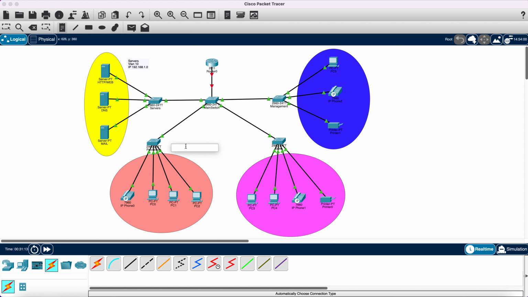We'll make for this one VLAN 20. So production VLAN 20 and IP it will be 192.168.2.0, and this one, I'll call this one sales VLAN 30, and IP address, it will be 192.168.3.0, and finally